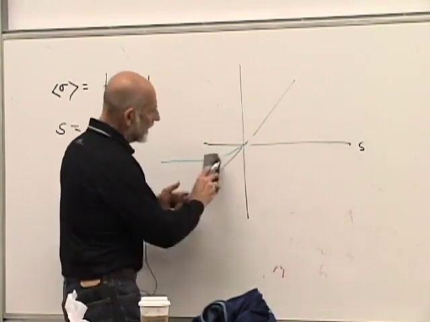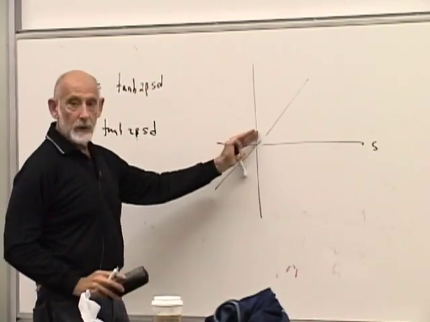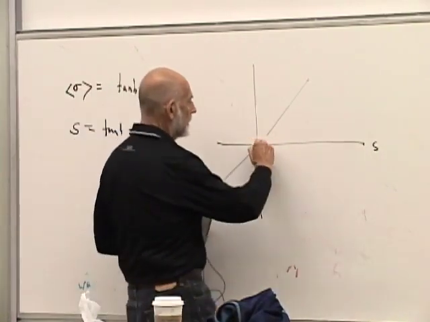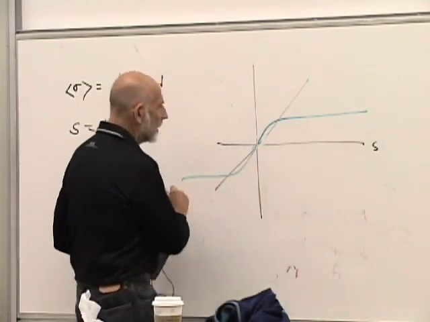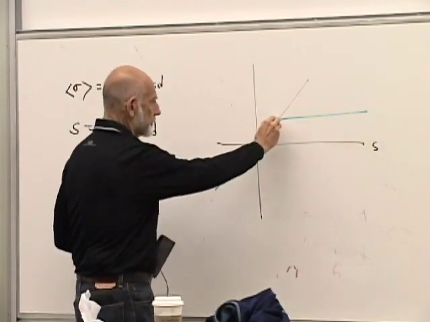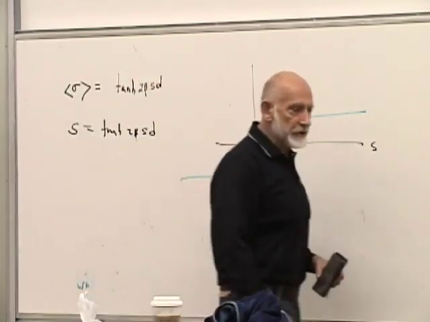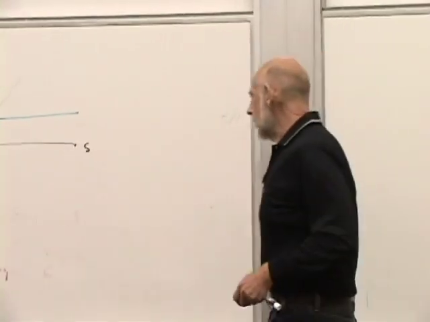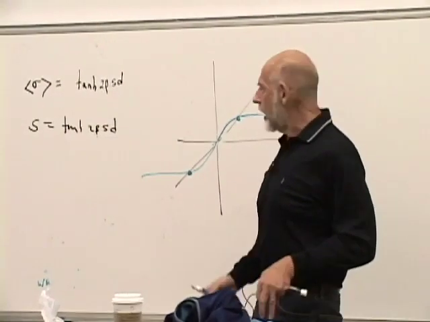And eventually, its slope at the origin will become equal to 1. When you go beyond that, the curve will look like this, and you have two new solutions. These two solutions are, in fact, the stable solutions. It's possible to prove that this solution over here really is unstable, that if you try to